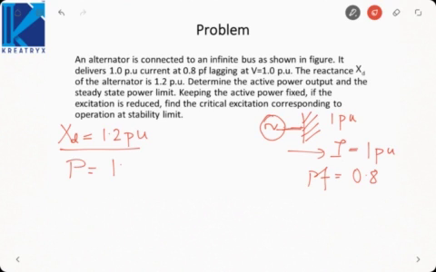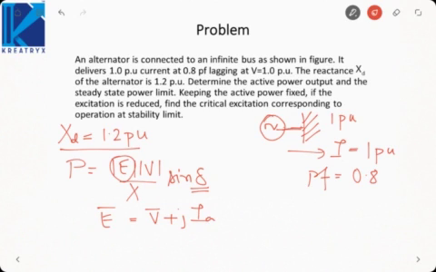P can be written as mod E mod V by X sine delta. But for that we need delta and excitation. Here we have current, power factor and voltage, but we do not have delta or the excitation. That means this formula cannot be directly applied. But how to apply? If you want to apply this formula, you will write E is equal to V plus